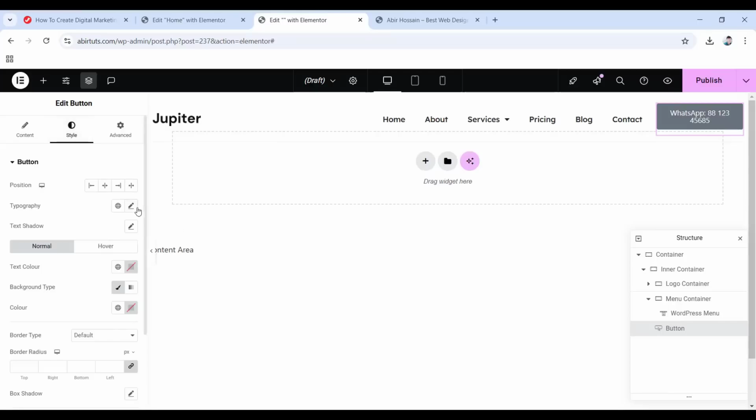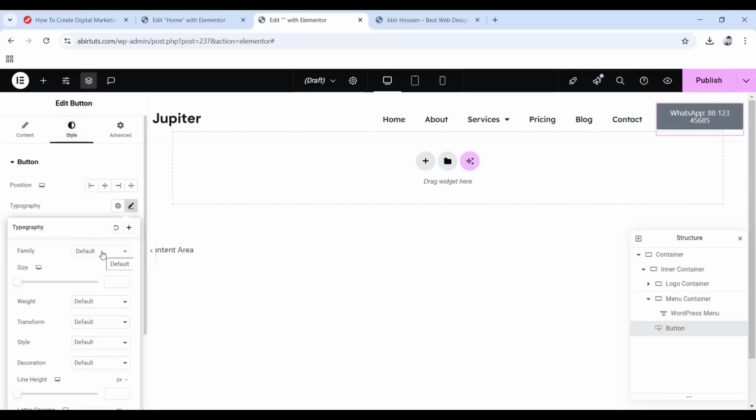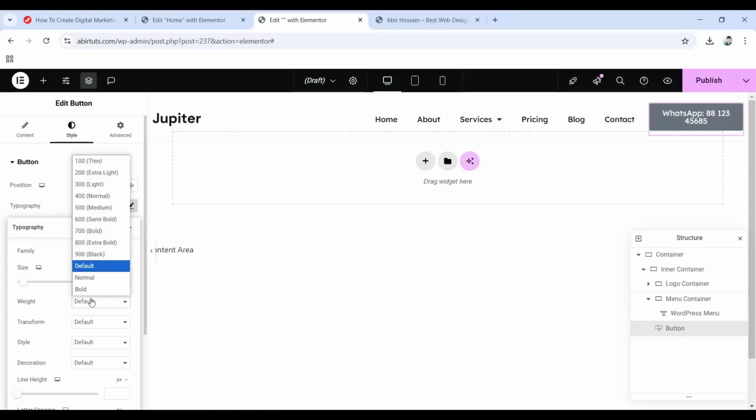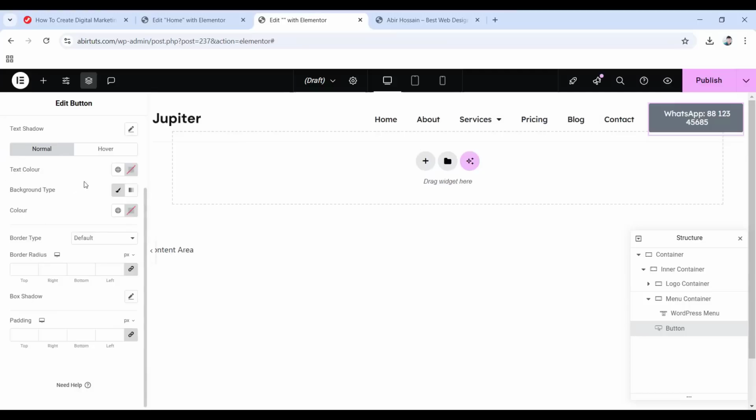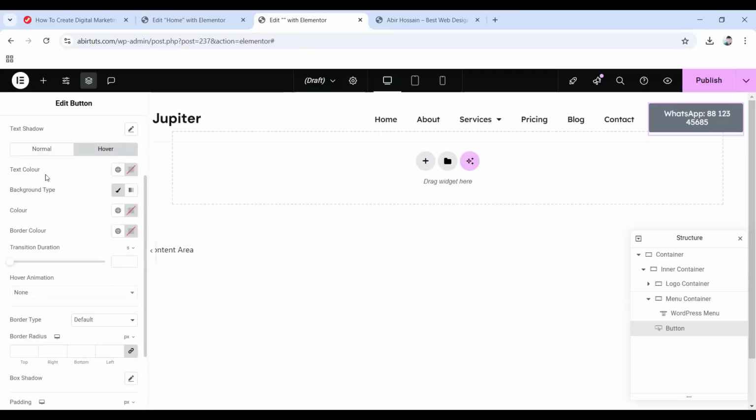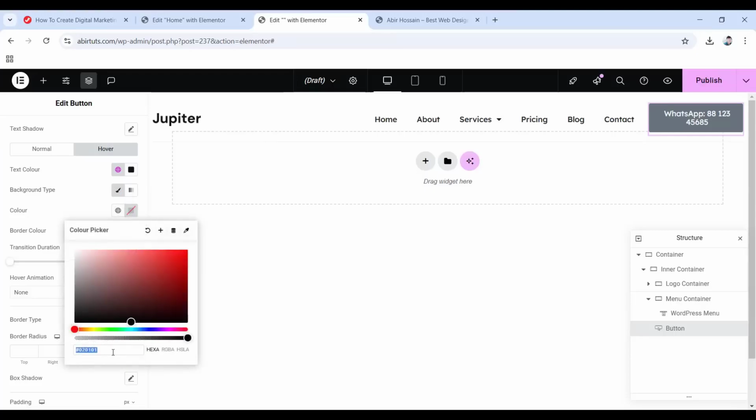Here go inside of typography, set the font family to Lexend Deca, size to 16 pixels, weight to 400, line height to 1.1 em, and then letter spacing, change the pixel scale to em, and in this field write -0.011. Now go back, then click on this hover tab. Here set the text color to global accent color, and then this color, give it a custom color code, which is